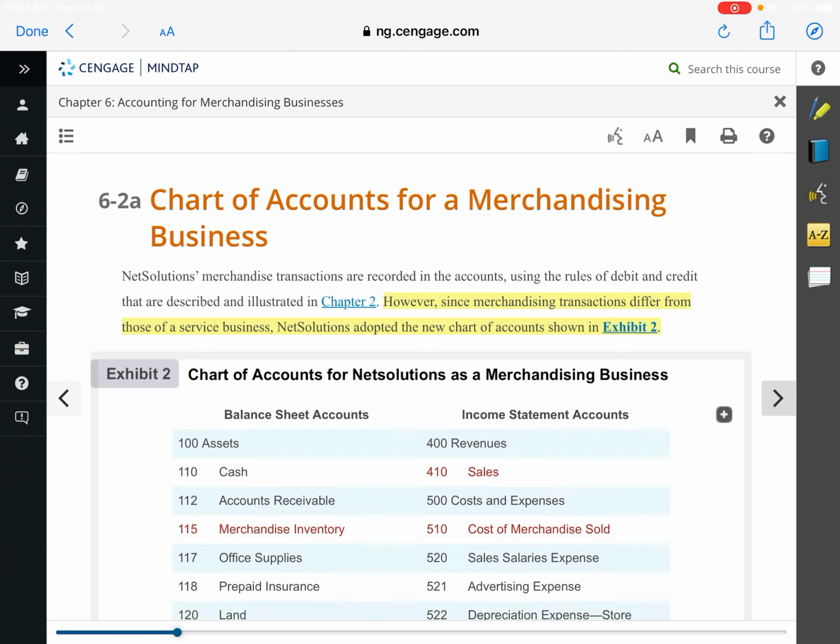For most companies, their chart of accounts has a system. Starting with assets, they just started with the number 100. There's no rhyme or reason other than, in a chart of accounts, you start with assets and you work your way down. So the assets started with 100, and then you could have gone 100, 101, 102, but the reason